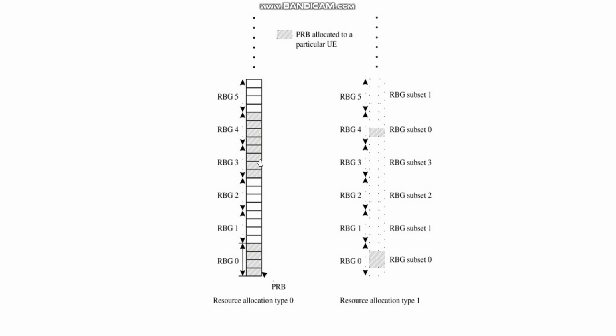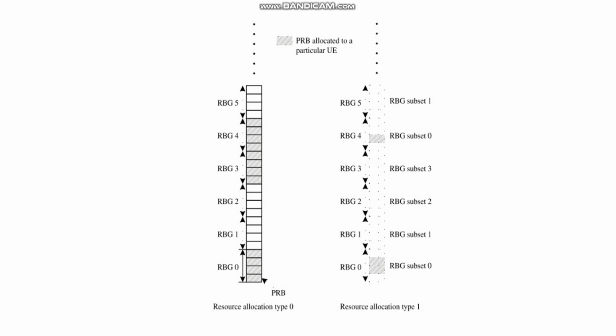Here continuous frequencies are allocated, and because of this frequency diversity is limited, whereas here it is more sophisticated. Because of this, resource allocation type 1 has a larger overhead compared to resource allocation type 0, but it provides more flexible, more sufficient frequency diversity. I hope you have understood resource allocation type 1 now, and how it is different with respect to type 0.